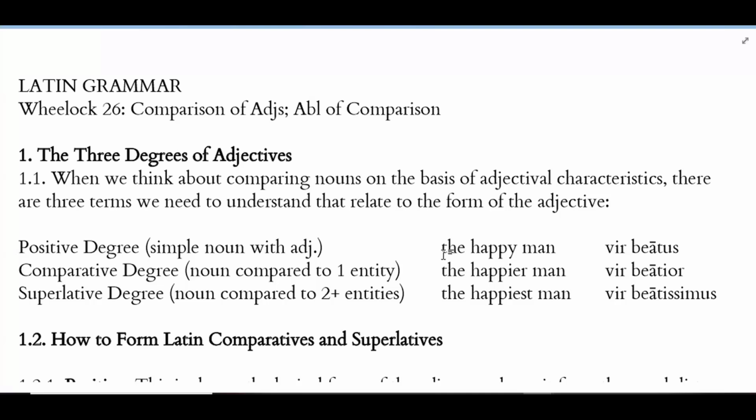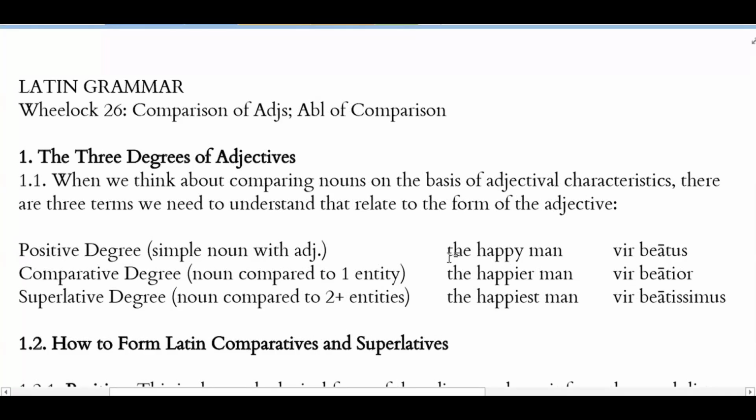There are 3 degrees of adjectives. When we think about comparing nouns on the basis of some adjectival characteristics, there are 3 terms that we have to understand that relate to the form of the adjective we're going to see. And this is true in English, it's true in Latin. We can refer to the positive degree of the adjective, and this is the word that describes the simple adjective